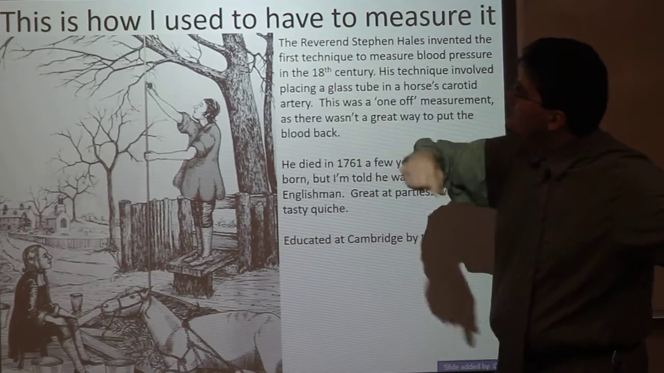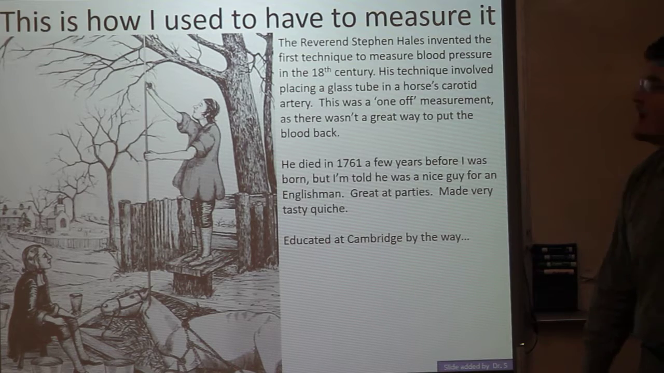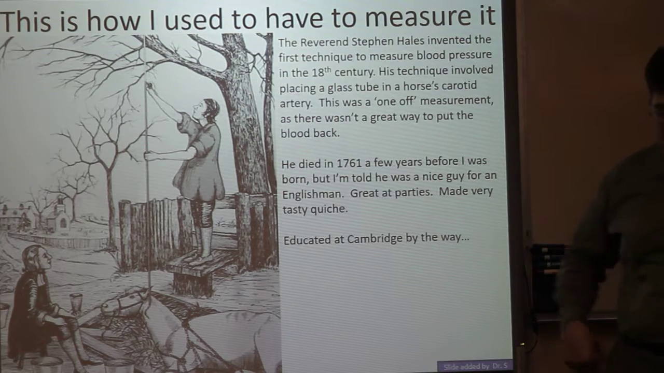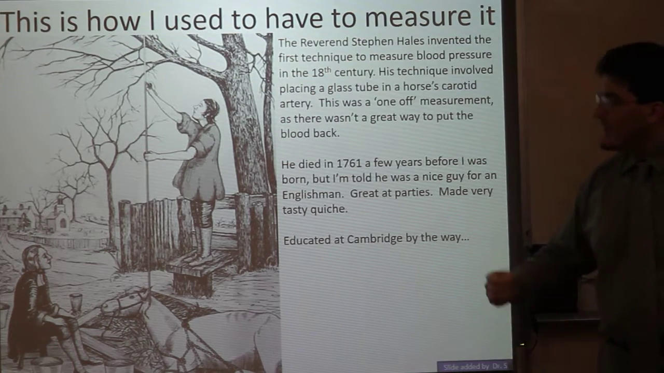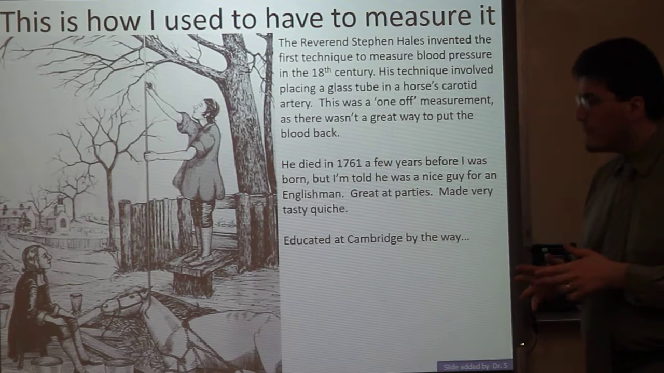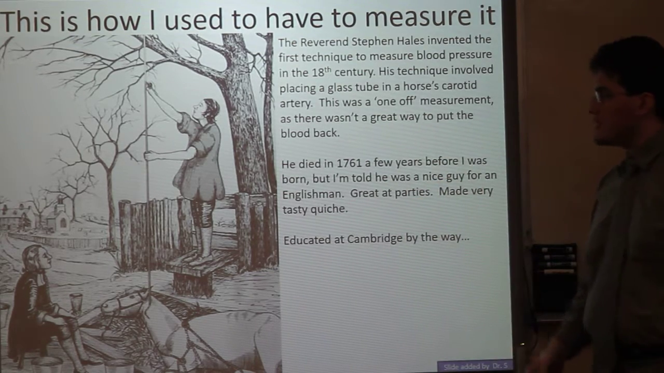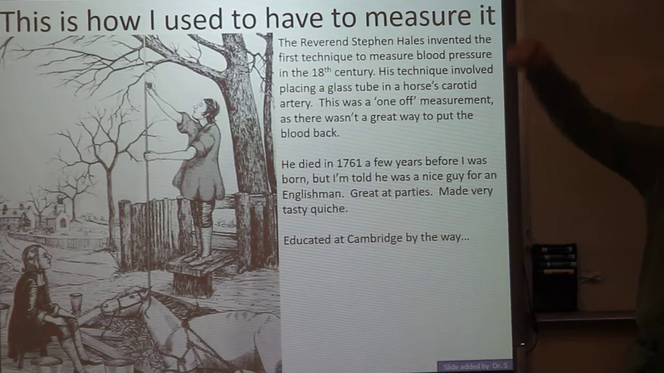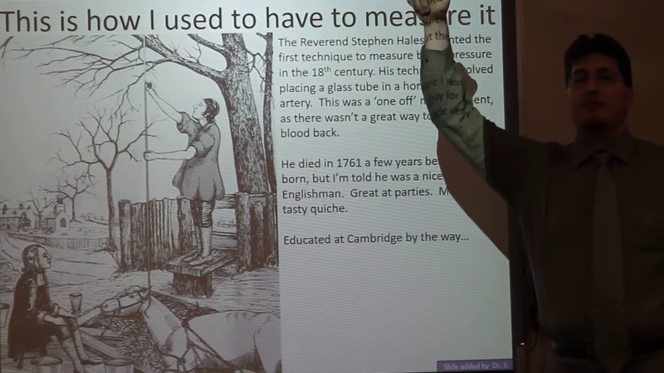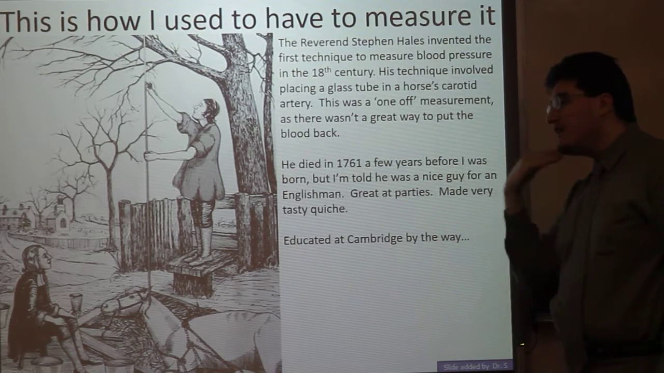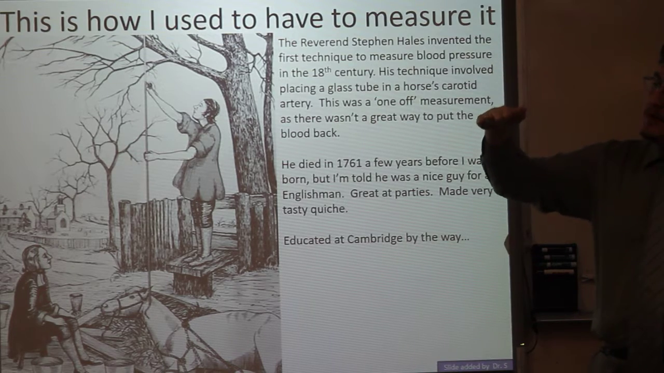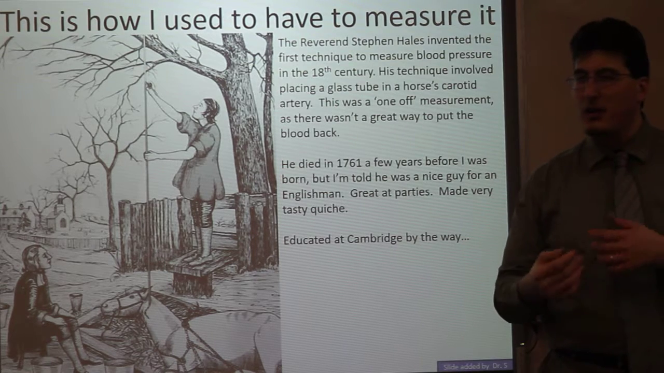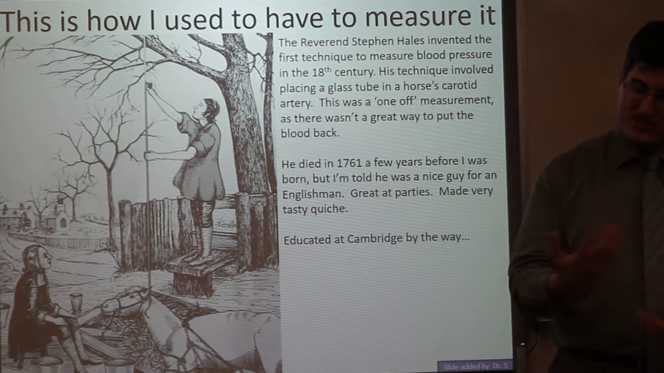All right, so this is how I used to have to measure it back in the 1700s. The Reverend Stephen Hales invented this technique to measure blood pressure back in the 18th century. His technique involved taking a glass tube, making an incision in the horse's carotid artery, then placing the glass tube in that carotid artery, and seeing how high up in that tube the blood would rise. So this would allow you to see how the blood would be under pressure. So it's sort of a one-off measurement, as there wasn't really a good way to put the blood back into the horse. So,